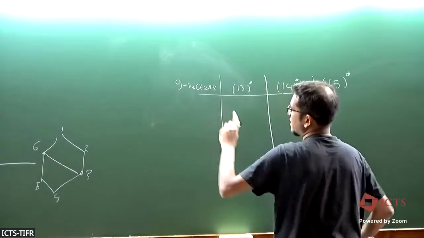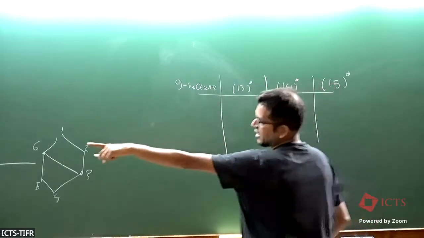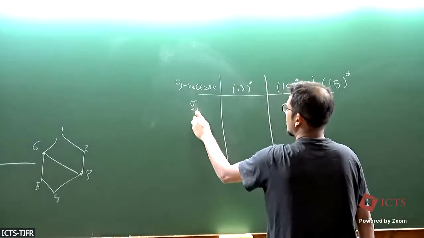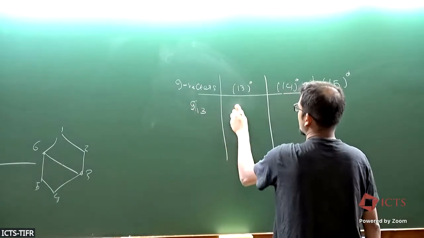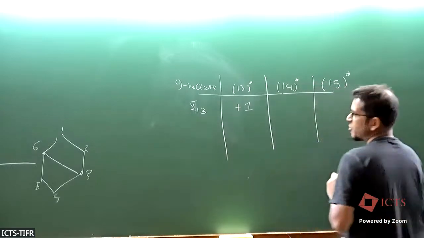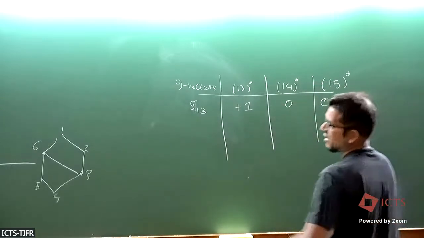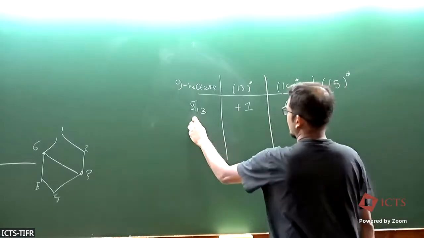And so for every walk, I'm going to assign a vector, which can be directly read off from that table there. So for 1, 3, wherever there is a peak, you put +1. If there was a dip, you put -1. If there is nothing, you put 0. And similarly, other ones. So G14 is,